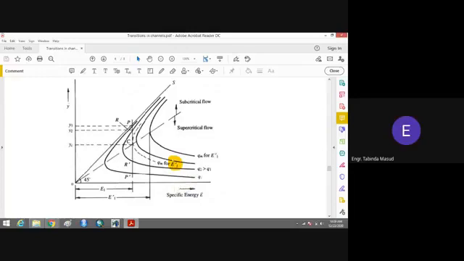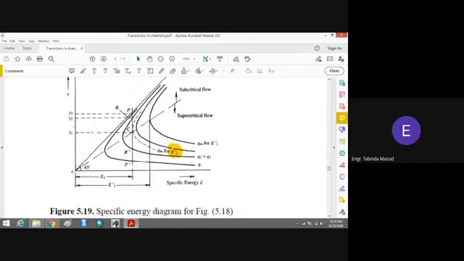Okay, now you can see that point P shows section 1.1 in a channel, and this section 1.1 touches the first curve where you have the depth of the flow Y1. So what will happen when you provide a contraction in a channel? When you provide a contraction in a channel, then you will get this second specific energy diagram